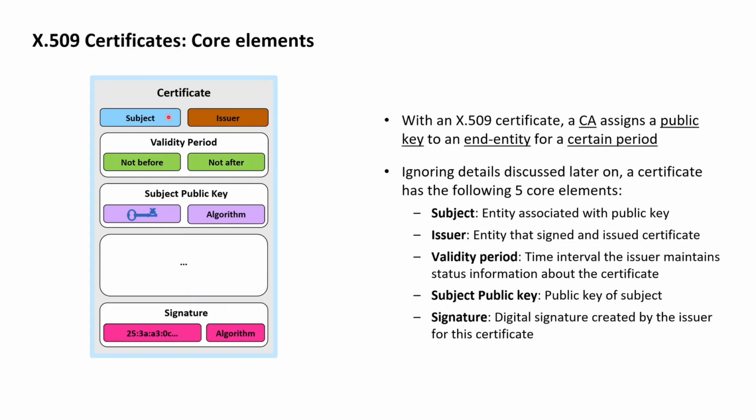As it's important to know which CA issued the certificate, certificates contain a field called issuer, listing the identifying information of the issuer of the certificate. The certificates are only issued for a certain time frame, so the certificates contain a validity period field indicating the time window within which the certificate is valid. As we will see later, certificates can be revoked earlier than the end of the indicated validity period, and as such, the validity period has to be considered as the maximum time frame within which the certificate can be